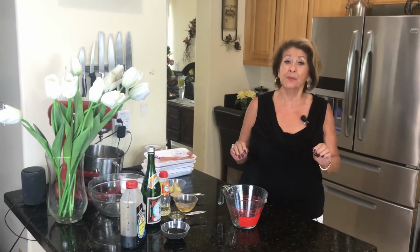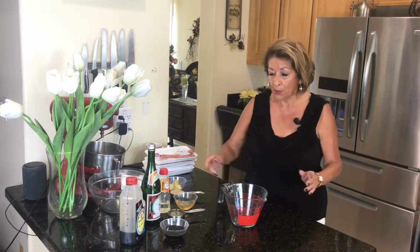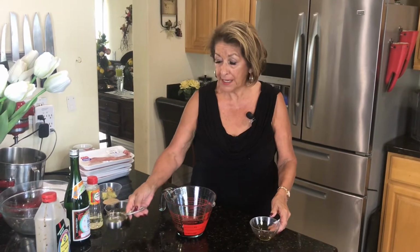ribs really need to marinate for up to 5 hours. But if you've only got 3 hours, that's okay too, but try to get at least 3 hours in, okay? So we're going to start out with soy sauce. I have a half a cup of soy, a half a cup of sake,